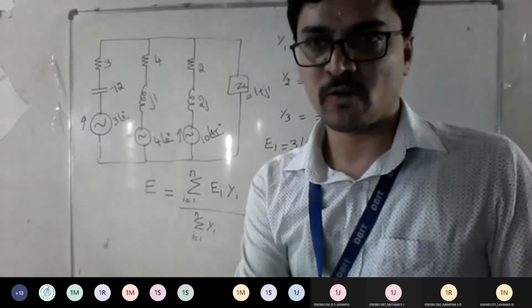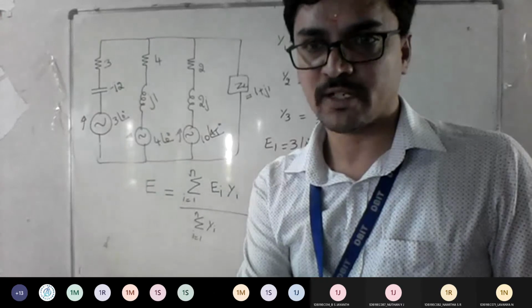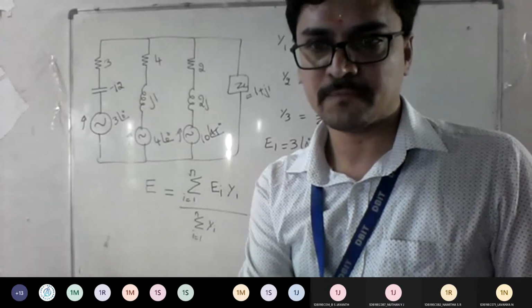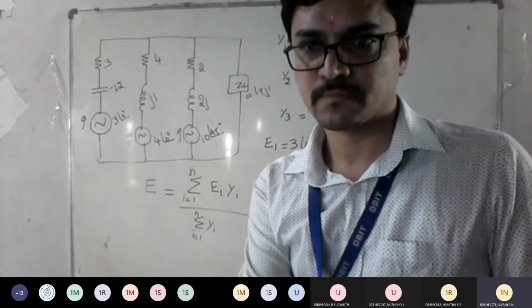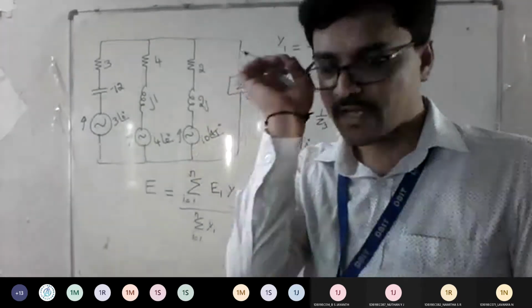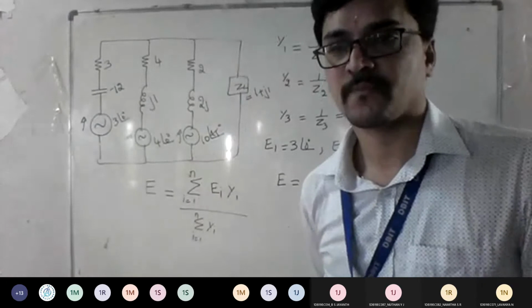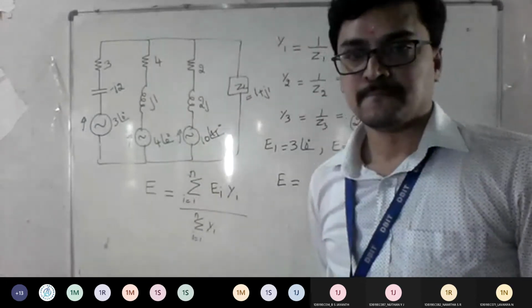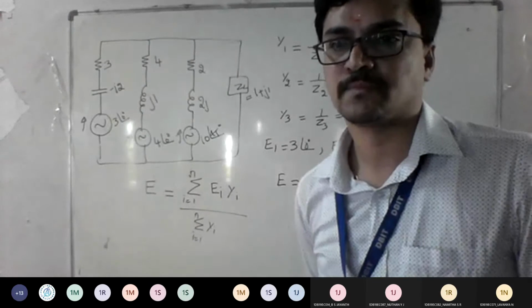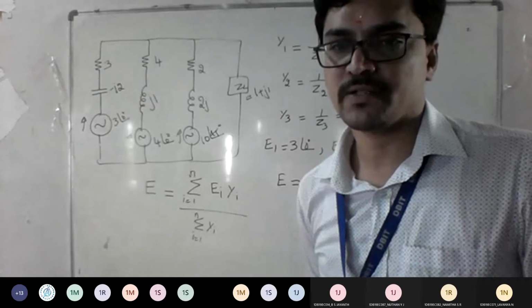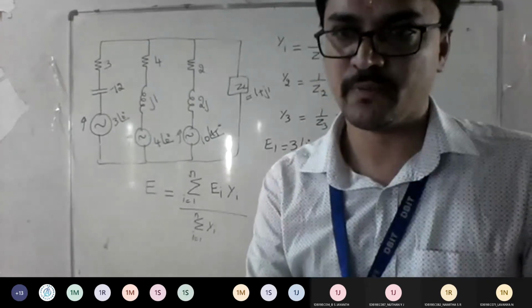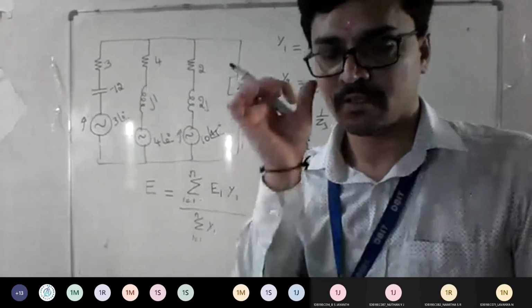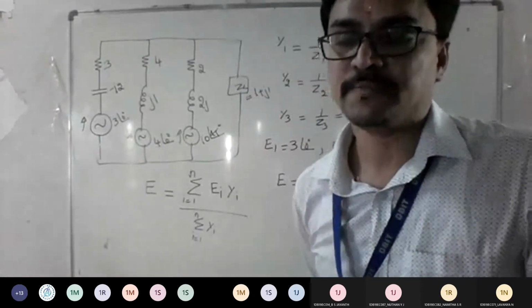B section people, any doubts till here? Are you able to understand the way we are solving the problem? Is it fine? Yes, sir. Okay, just check out the answers here. Substitute all the values in the calculator. Keep the mode in complex if you want to do everything in complex mode, and check out what E is.